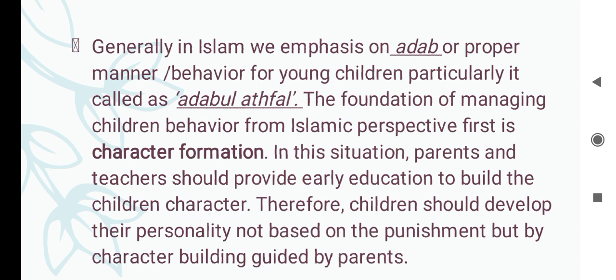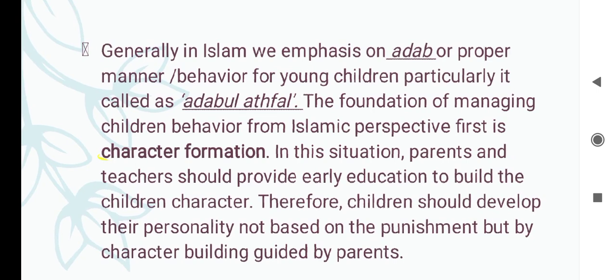Therefore, children should develop their personality not based on punishment, but by character building, guided by the parents. So in Islam, we do not punish in the first place. But what do we do? We form the character. How to form the character is by educating them, by teaching them, by guiding them, right? So the process of guiding, teaching and building would develop a personality or character. And then after that,